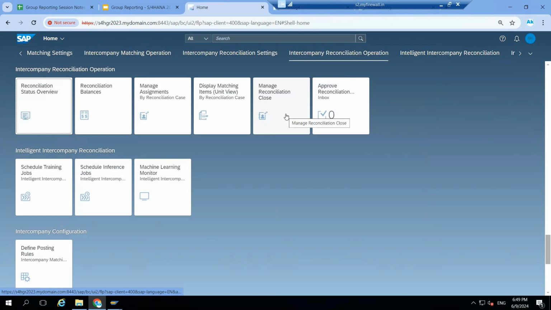So now ICMR is performed by the intercompany accountants and local accountants. Intercompany accountant different, group accountant different, local accountant different. So the intercompany accountant will have access to whatever entities he is responsible for. SAP delivered one app, Manage Reconciliation Close. So he can go to this reconciliation close